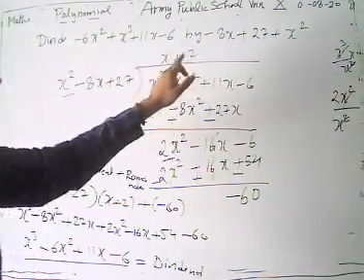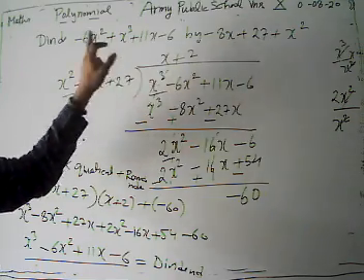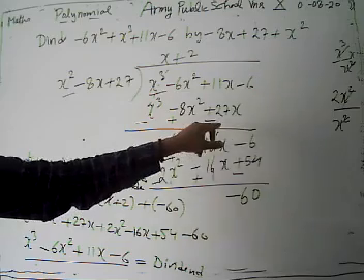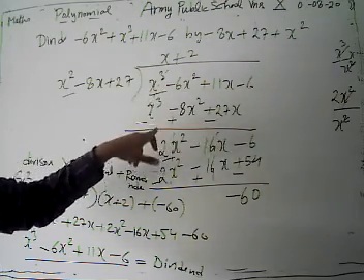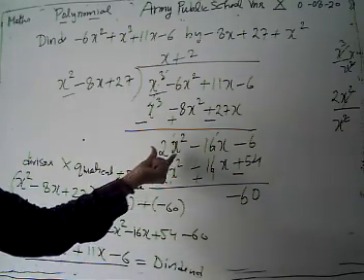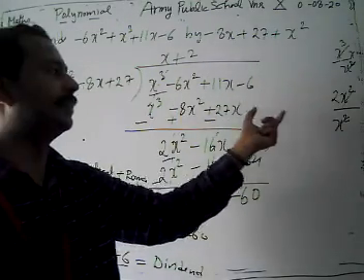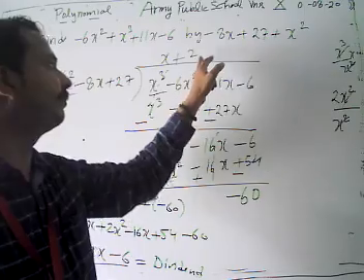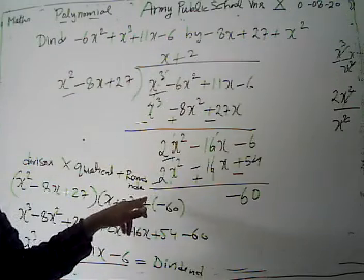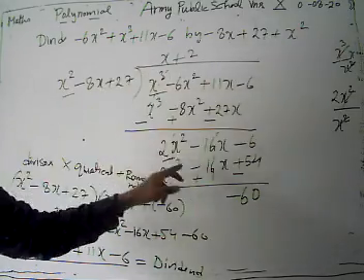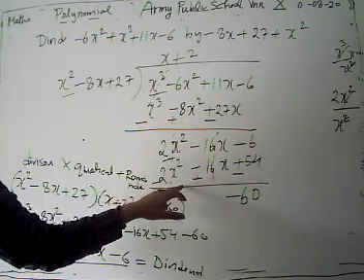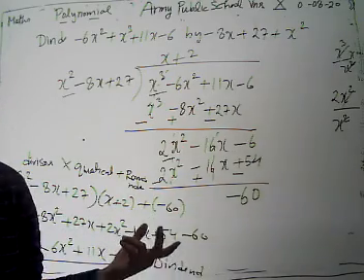Then we take the first term of the quotient, x, and multiply it by all the terms of the divisor. Then, changing the signs of these terms, we get 2x square minus 16x minus 6. Again we take 2x square of the divisor. After solving, we take plus 2 here, multiply with plus 2 all these terms, and we get 2x square minus 16x plus 54. Again we change the signs of these.